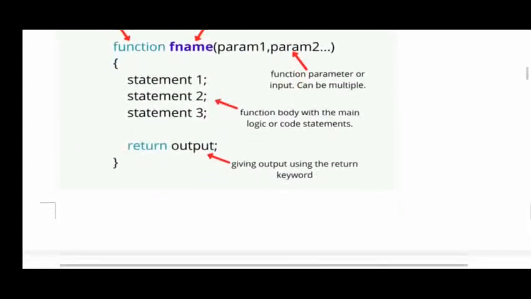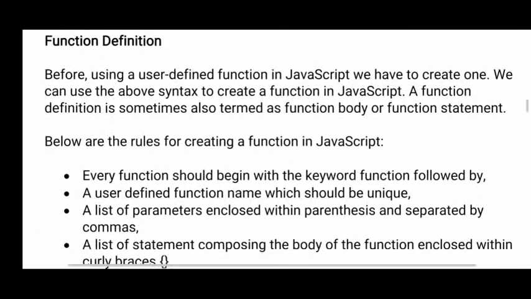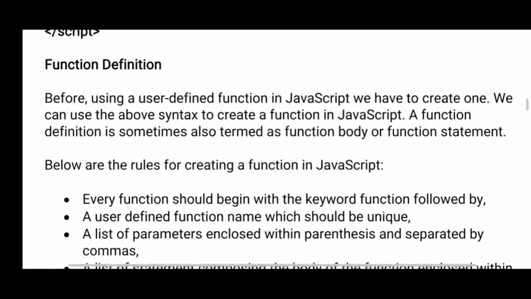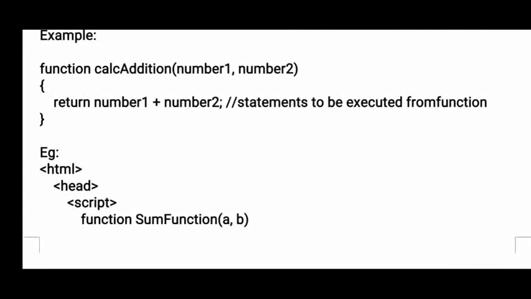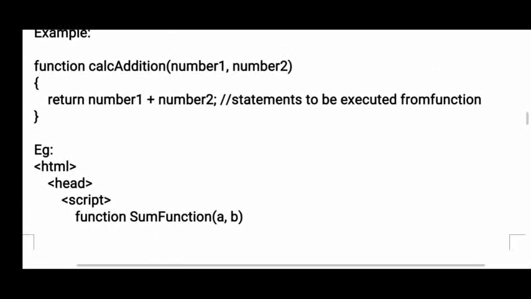Now, when you are declaring a function, the declaration starts with the function keyword, the name of the function, and inside the bracket you give the parameters. Function definition is nothing but what purpose you are writing the function for. In the function definition we write a number of statements that will be executed when you call the function, and we also write a return statement inside the function definition. So this is the syntax for a function statement. Here calculate addition is the name of the function, and number 1 comma number 2 are the parameters which are used to receive the values.